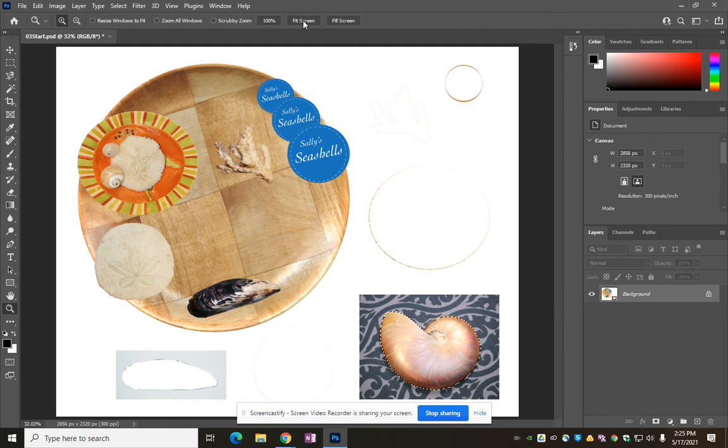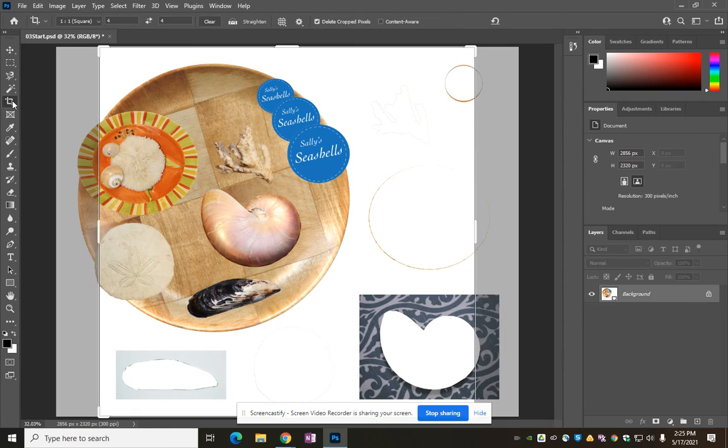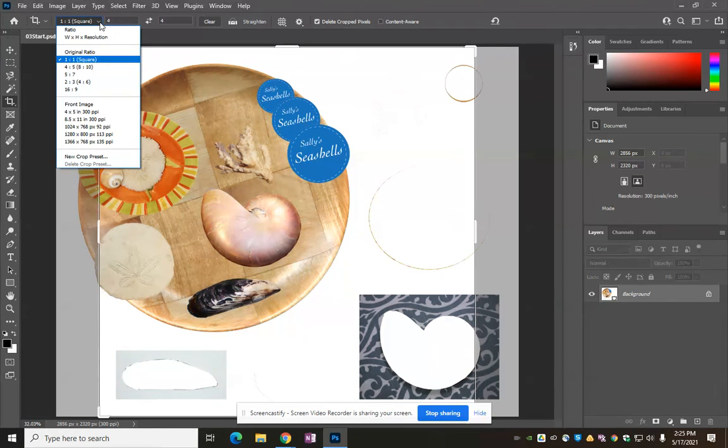Okay, so let's go back to the full screen, and we're going to move it, Move tool. It goes right about here. Okay, Control D to deselect. And that's all you need to do. If you want, the final step is cropping. So our crop tool is here. Right now, the reason it shows up kind of funky like this is that if you look at the top here, my crop is constrained to a 1-to-1 square. So we want to click here and just